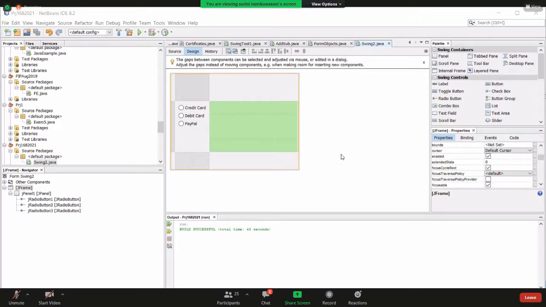We have to create a button group to overcome these multiple selections.